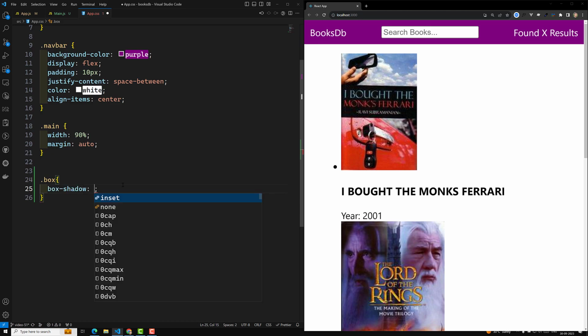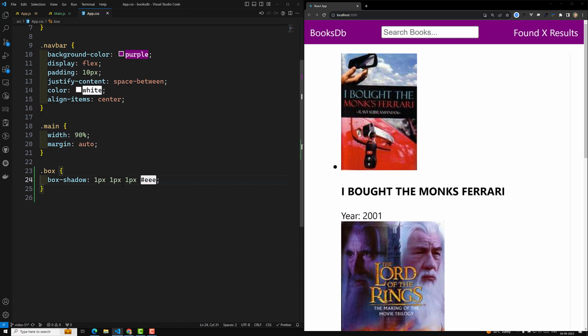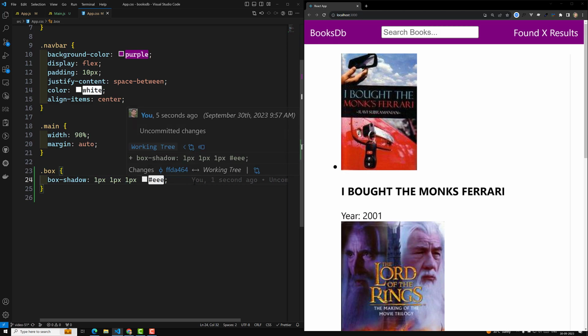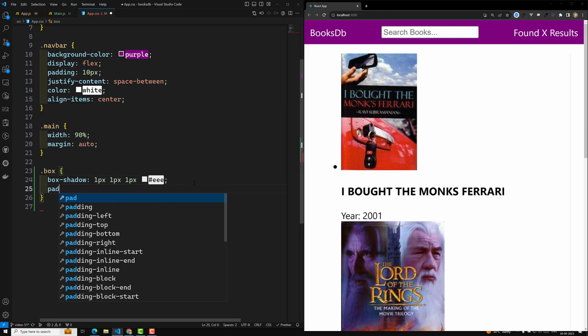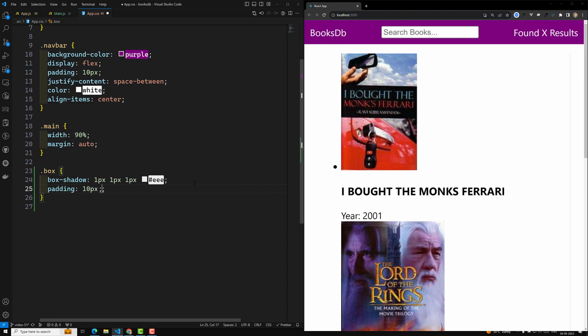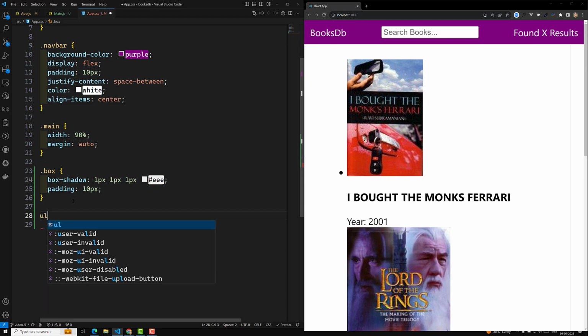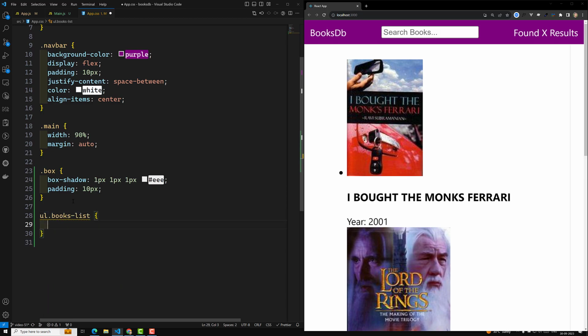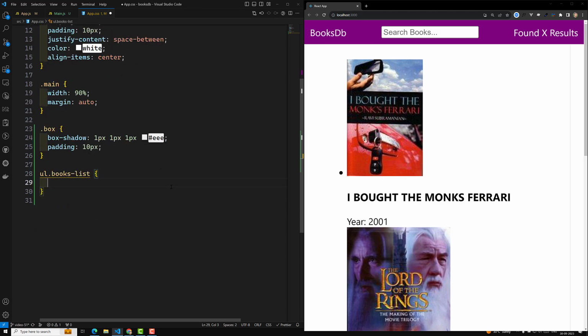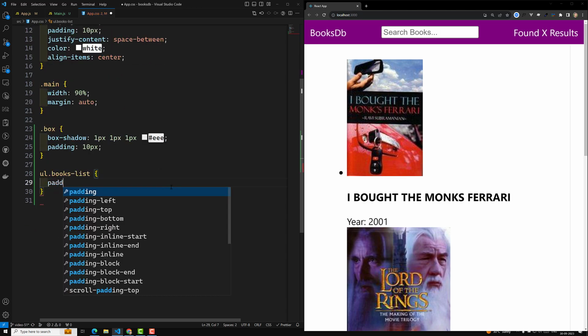So anything. 1 pixel, 1 pixel, 1 pixel hash. So just a border, I am having a normal box. We'll try to do it afterwards, and I will keep a padding of 10 pixel. Okay, and let's go to the ul dot books list, I think. Okay, and here I can do a padding of 0 pixel